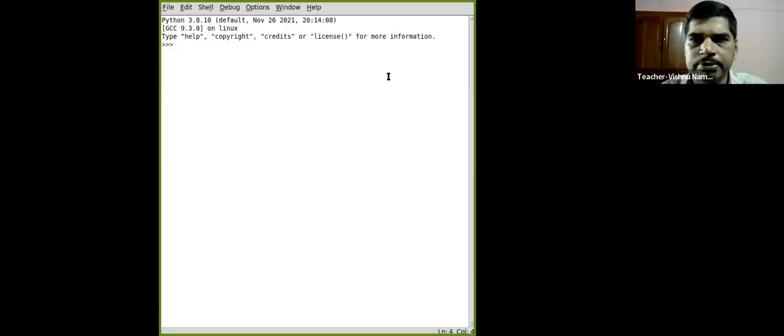That IDLE more or less looks like this interface. You can see this. So this is Python 3.8.10 running on my system. This was the initial integrated development environment available even before Spyder. Google Colab is more or less a recent thing, and CoCalc is also not that old compared to Python IDLE. Python IDLE was there even previously, but sometimes the difficult thing, as I told already, is that you may have